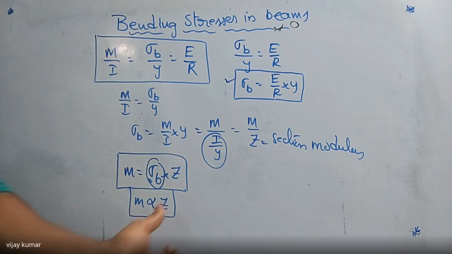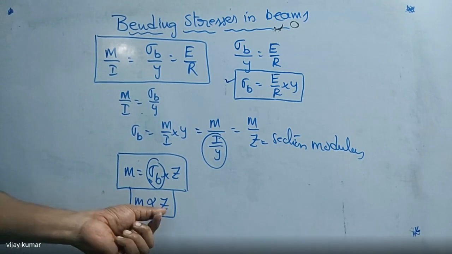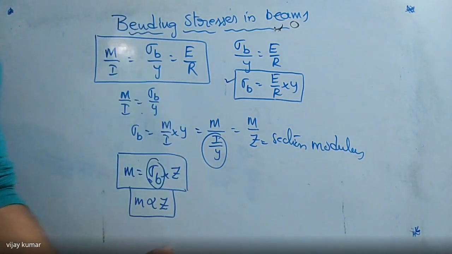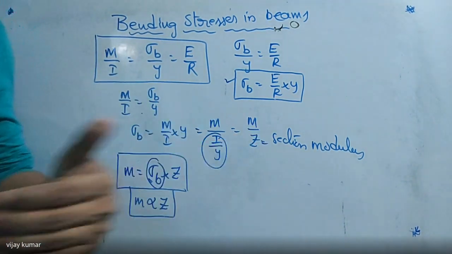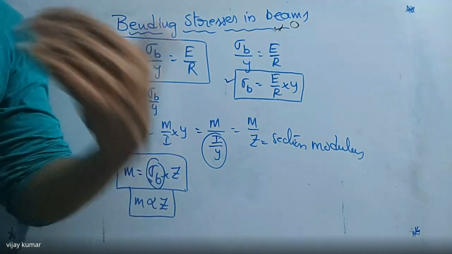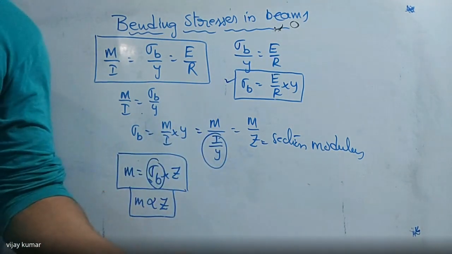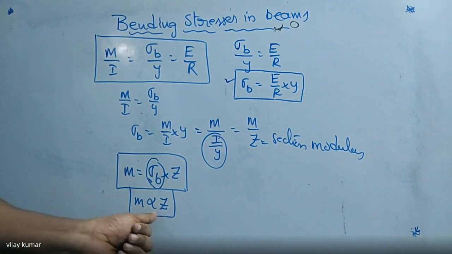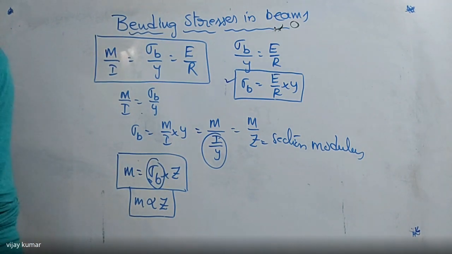So here, what I am saying is that the strength of the material always depends on the Z value. So I can compare the strength of a rectangular beam, a square beam, and a circular beam. I can compare the different types of beams, which one has more strength for the same load and the same material. I can calculate it very easily. So remember this point: M is directly proportional to Z here. Z is nothing but the section modulus. So if I is minimum, then Z is maximum.